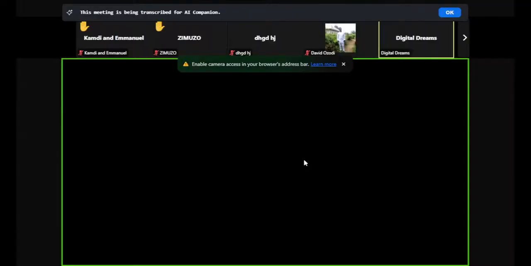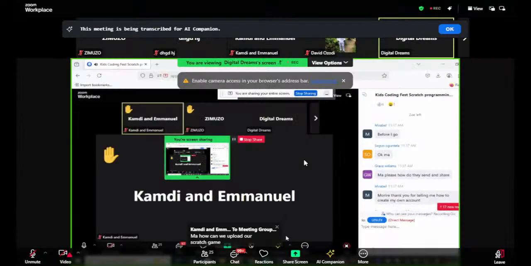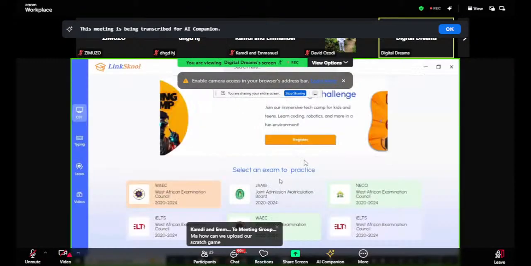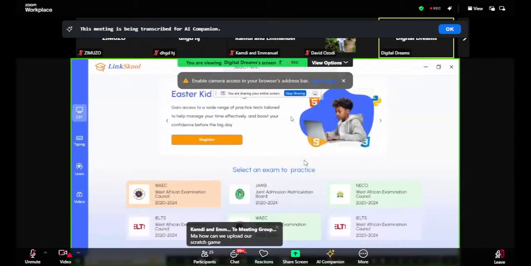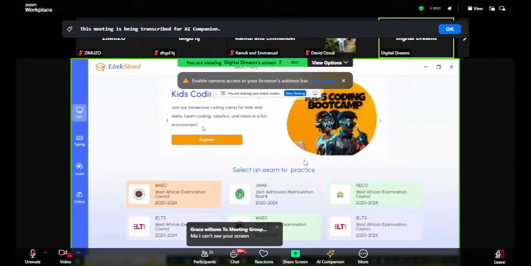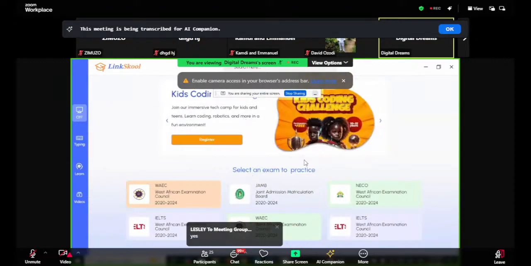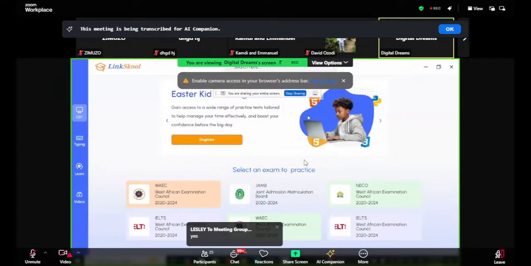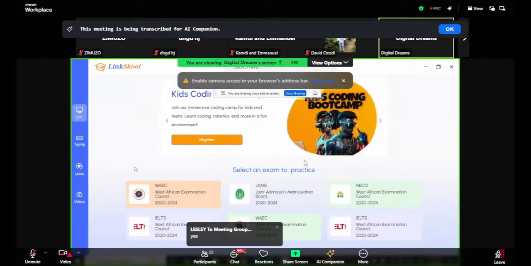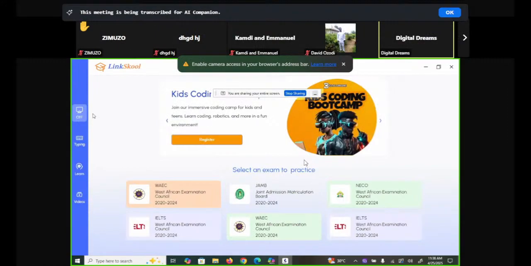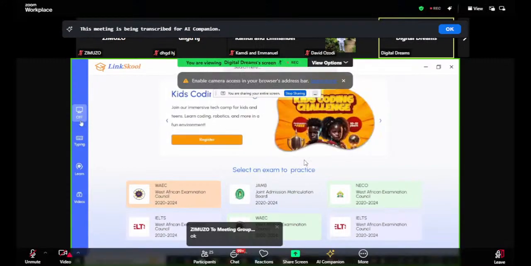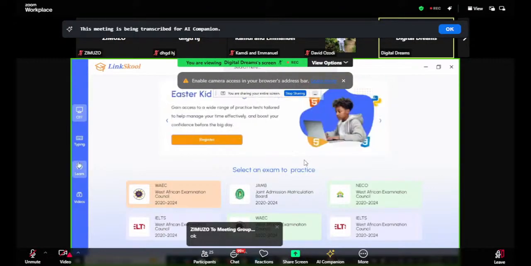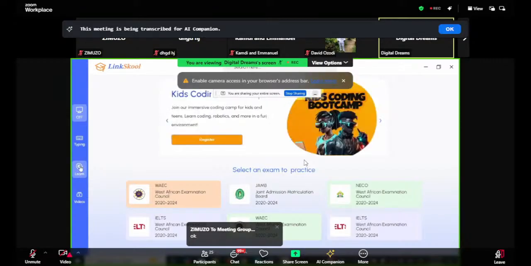So can you see my screen? So this is how you can access your Link School assignment. This is how the Link School app looks like for those of you that don't have it. You go to the WhatsApp group chat, tell your mommy or your daddy, they are in the WhatsApp group chat, tell them to download the app in case you don't have one. Then you come to this place by the left part of your screen where my mouse is scrolling. You come to learn where I'm hovering my mouse. You click on learn